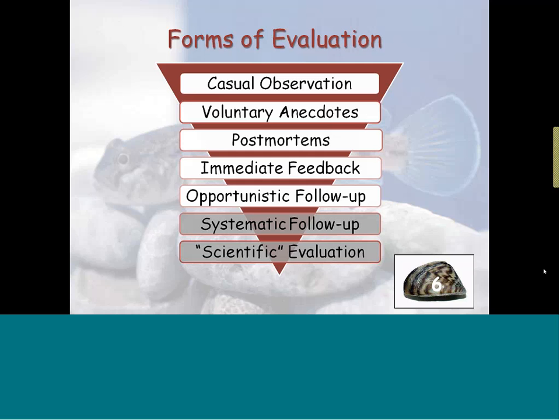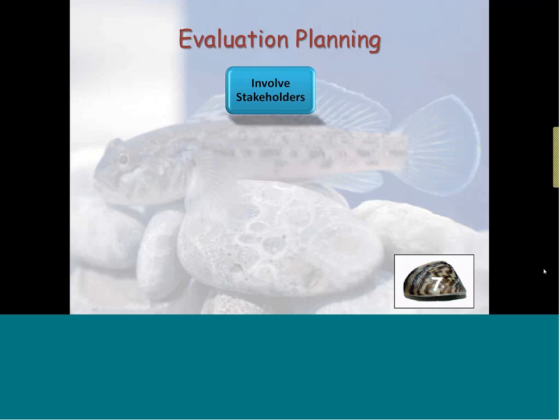Very seldom done unless it's a really big program with a lot of resources going into it, or if you're really, really going to use that evaluation for another big program. But I don't think we're going to see that done very much by PRISMs and around a lot of the work we're doing. When you're planning your evaluation, it's pretty much the same as